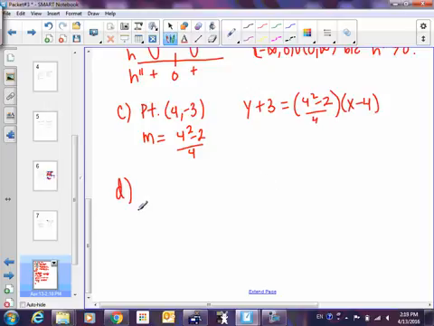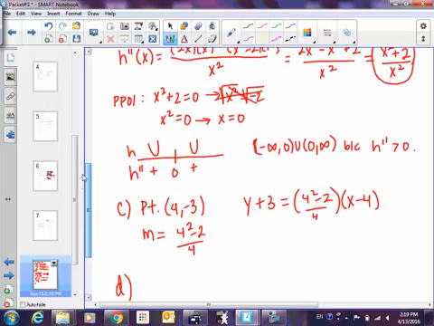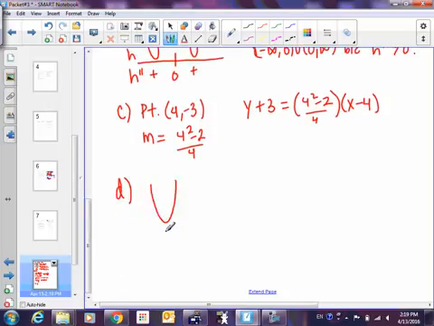All right, part D. Does the tangent line to the graph of H at x equals 4 lie above or below? This actually has to do with concavity. What did we just figure out about concavity in part B? Always concave up. So I'm going to draw a picture of concave up, and I'm going to draw a picture of a tangent line. And what do you notice about the tangent line to H? Yep. So how would we answer the question? The line is below